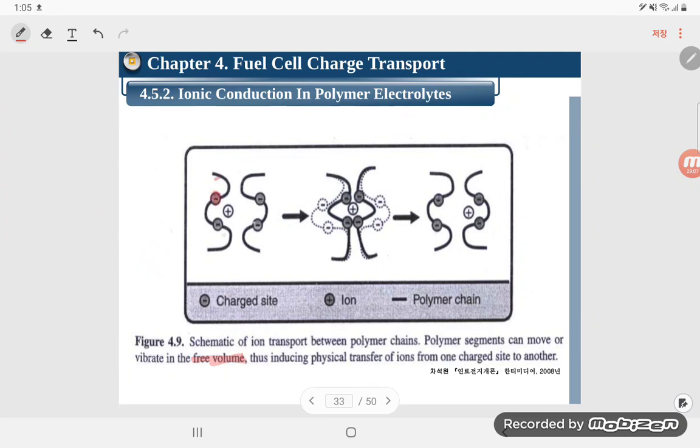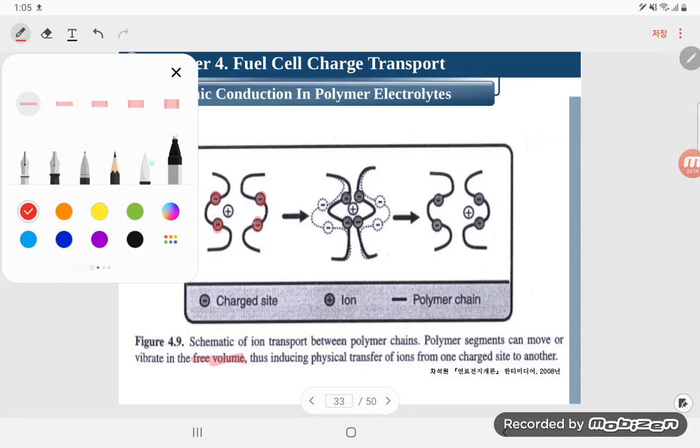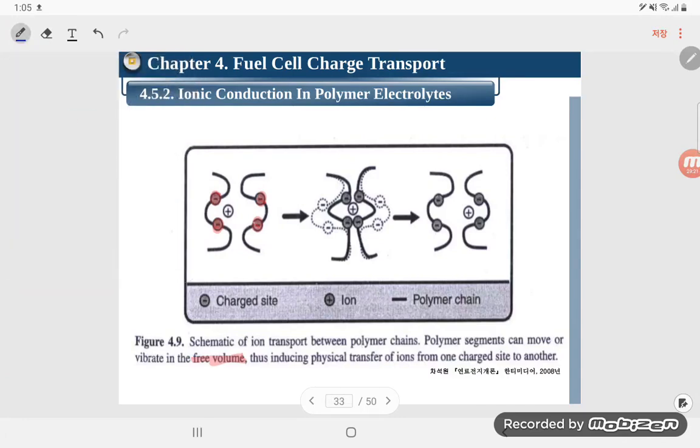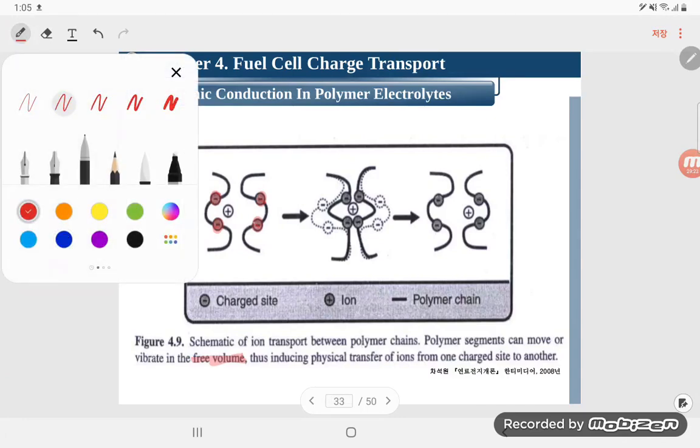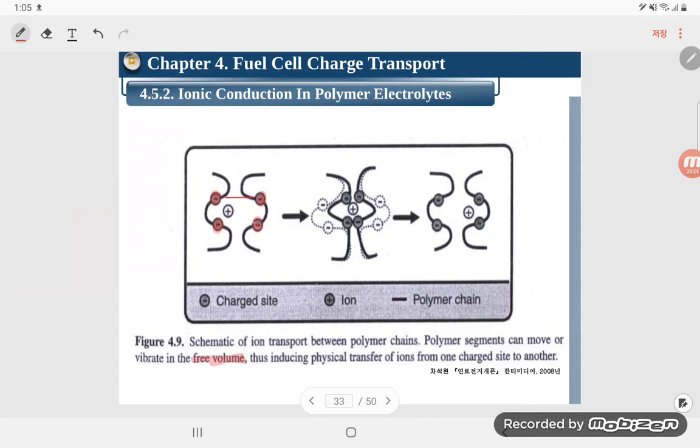So they have a minus charge, the fixed charge site, right? This is the fixed charge site, and because of the free volume, they can extract or contract or release. So if there is a presence of the plus charged ion in here, which is H plus,